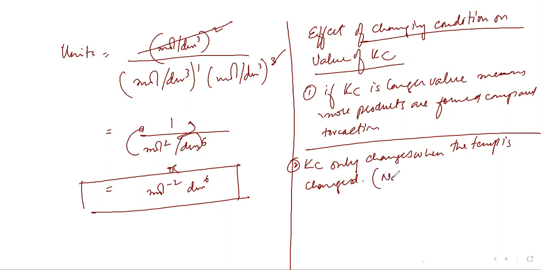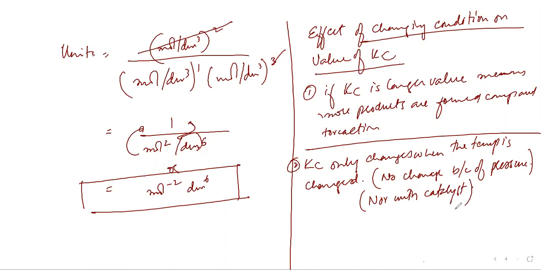No change because of pressure. ठीक है, इसमें प्रेशर के चेंज से कुछ नहीं होगा. And even nor with catalyst, right, nor with the catalyst. ओके, तो अब जरा जज करते हैं कि टेम्परेचर कैसे अफेक्ट कर रहा है।